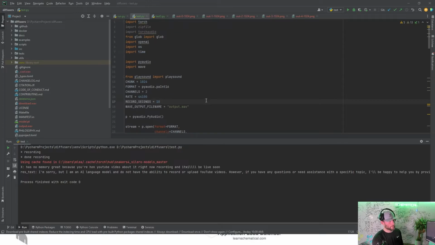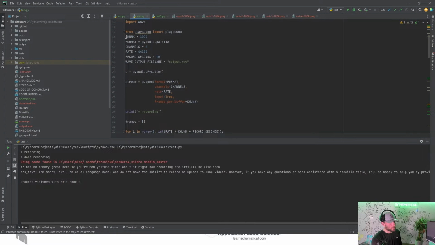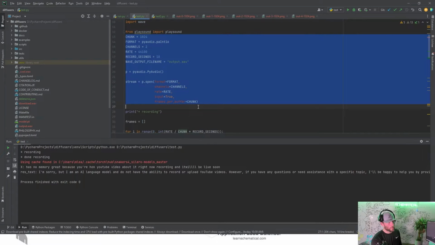All right, let's start at the top. So this is such a small project that it's just called test.py, and it's wired into my repository where I do all the Stable Diffusion stuff. Because, again, I was just having fun with this. So, start at the top here. We don't need to worry about the imports. But the first thing we need to do is grab the audio.